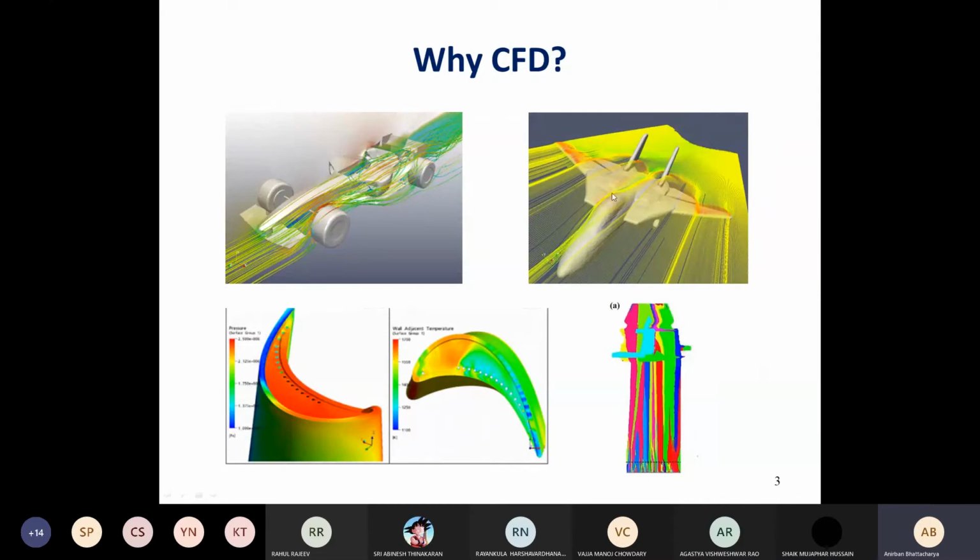For example, if we want to study the flow over this Formula 1 car, you have to take an external domain, right? You have to consider a larger domain, because the flow is coming from somewhere and it gets affected by the presence of the structure. On the downstream side also, the flow is affected. So if I take a short domain like the image shown here, what is the problem? Can anyone say?